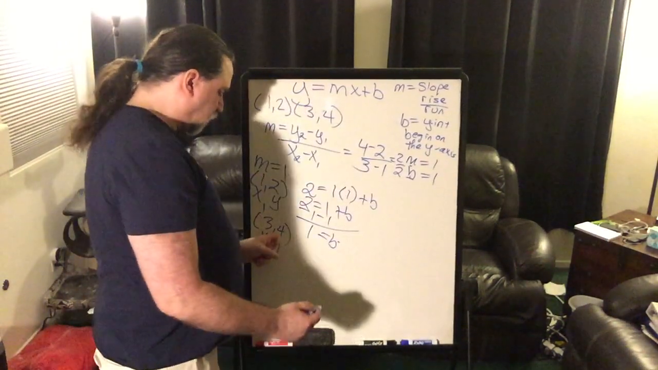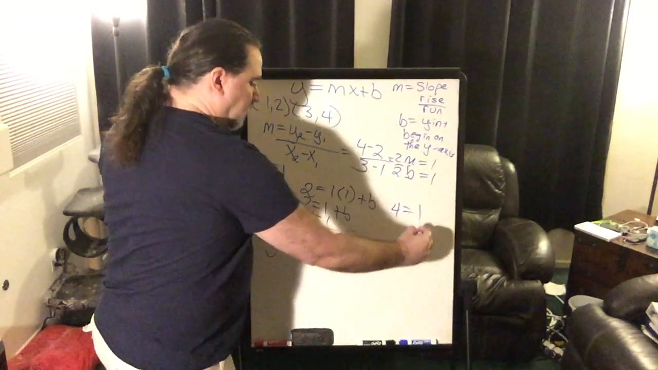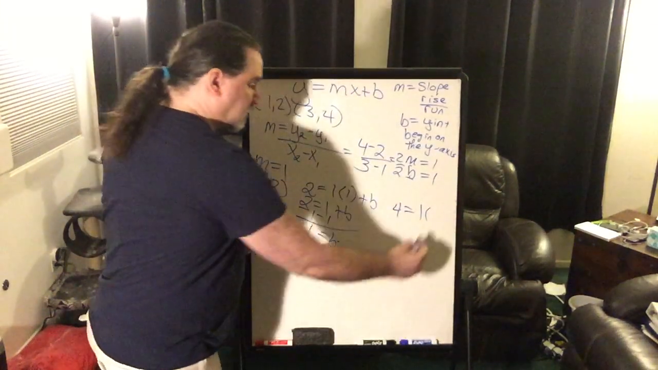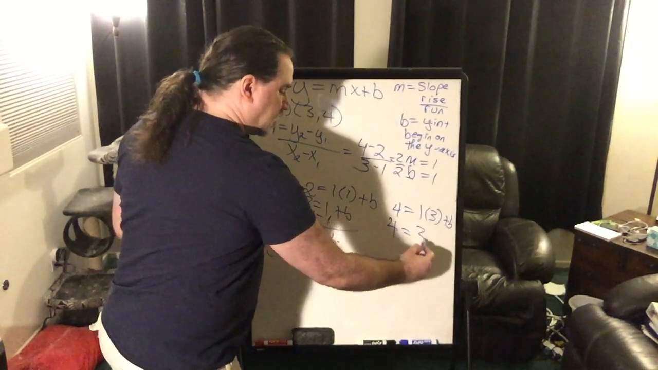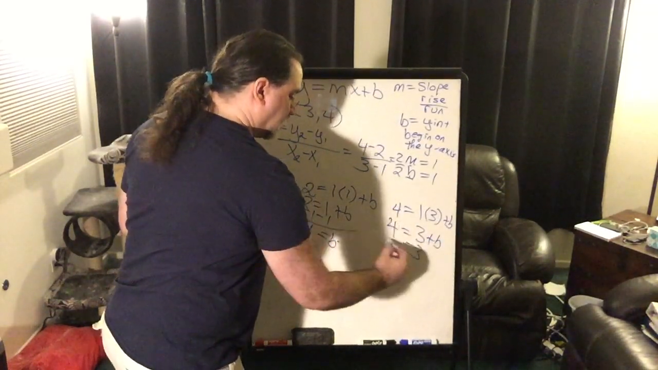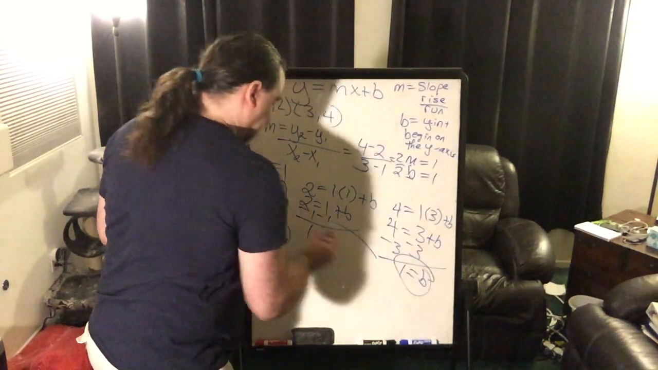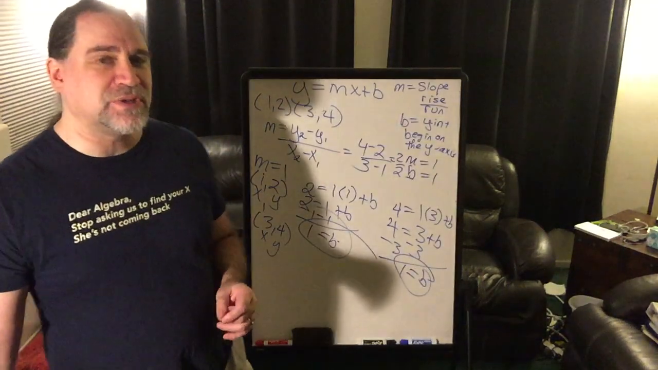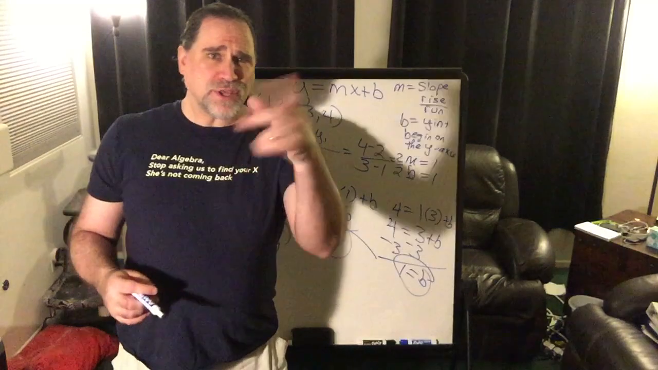I would put the 4 in for Y. The M is still 1. The slope is still 1. And the X is 3. 1 times 3 is 3. Subtract 3 from both sides, and look what happens. Same exact answer. Because what you're doing at that point is you're asking the line, where do you run into